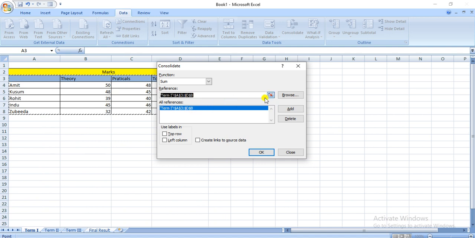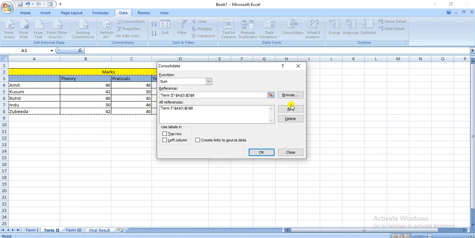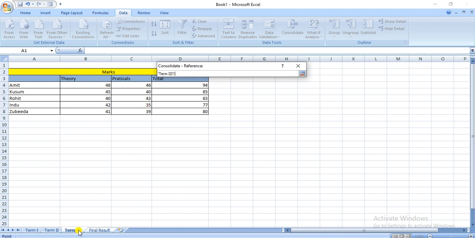Now again click on the reference field and click on the term 2 tab, and again I'm going to select the range A3 to D8. Again click on the add button. Now similarly enter the data for term 3.